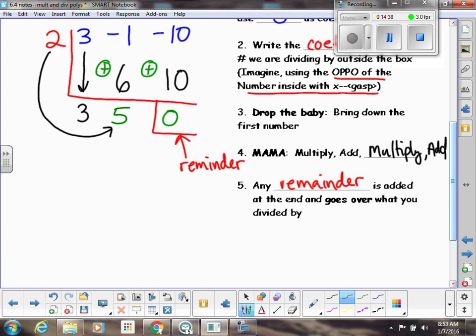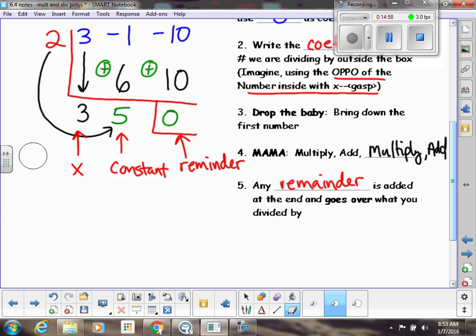Okay, so the next number over from the remainder, that's always going to be your constant number. And then the next number over is going to be the number in front of the plain old x. And if we had more numbers in front, that would be in front of the x squared, and then the x cubed, and so on. But we don't have that many numbers, so I'm not going to use those in this problem. So my answer would be 3x, okay, I'm doing 3 because that's in front of the x, plus 5. I know to do plus because that's a positive 5. And then I have a remainder of 0, right? So my 0 would normally go over